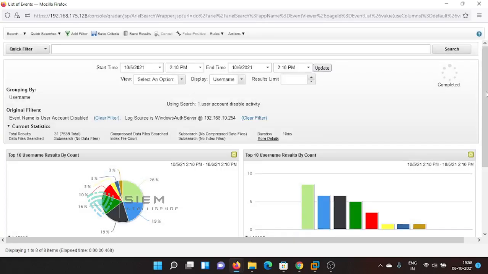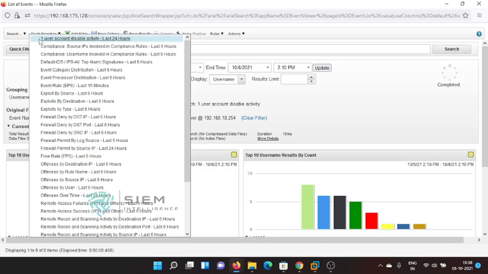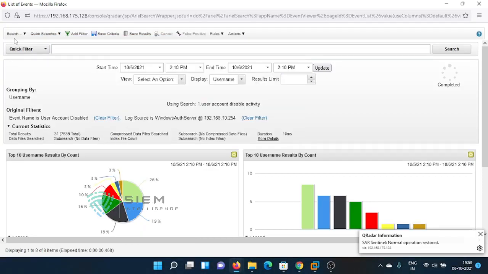So where can I see these logs? See, where do I see all this saved activity? So first and foremost, if you have added to quick searches, you will get it over here, on the first layer. Why? Because I have added it as number one, because it should be on the top, so you can say easiest identification. See, user account disable activity. This is a quick search area, okay, but I want to see where all my saved searches have taken place.